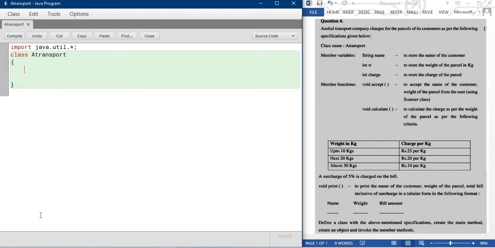Because in your question paper, using the Scanner class is mentioned. Using the Scanner class you take input. So first I'm taking the variables.